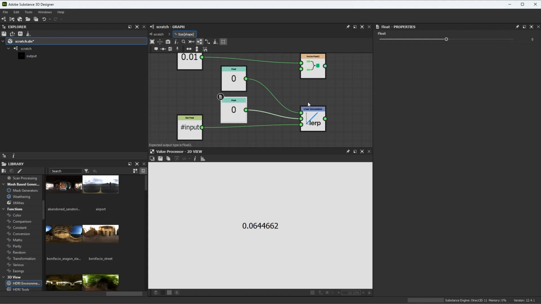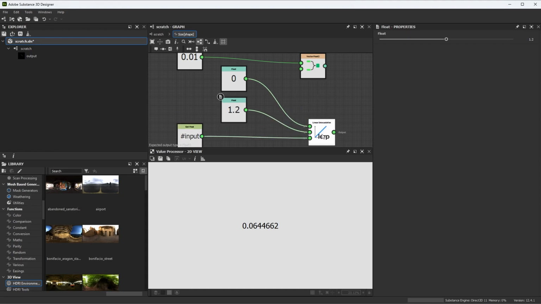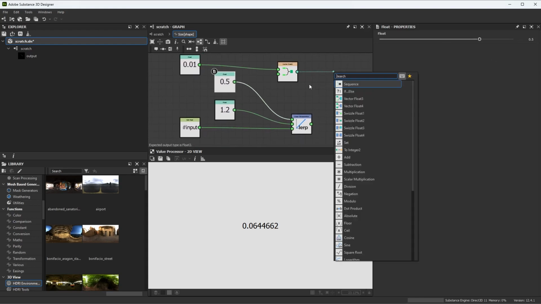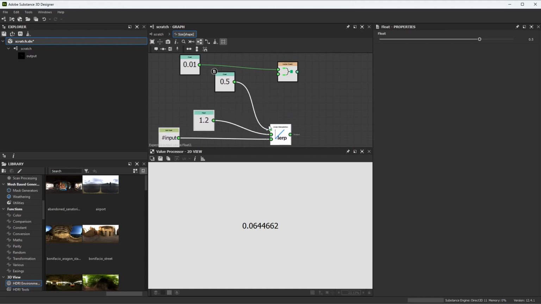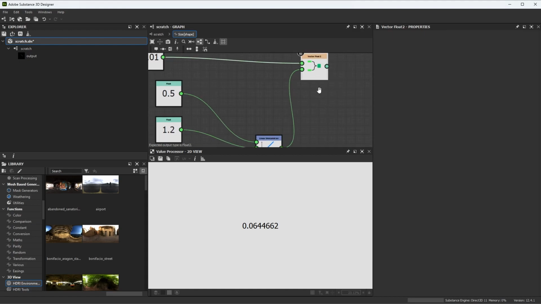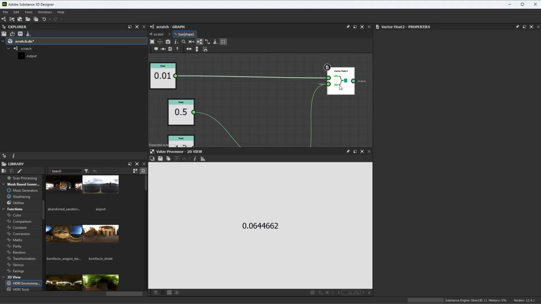So for the maximum value, I'm going to set this just a little bit above 1, so 1.2, so we can make this just slightly larger than the default value. And then for the minimum value, this is basically saying how small do I want this scratch to be. In my case, I don't really want it to go below 0.5. So now that this is set, these nodes will represent the Y value for my size, and I can just plug this right into that vector float 2 second input,